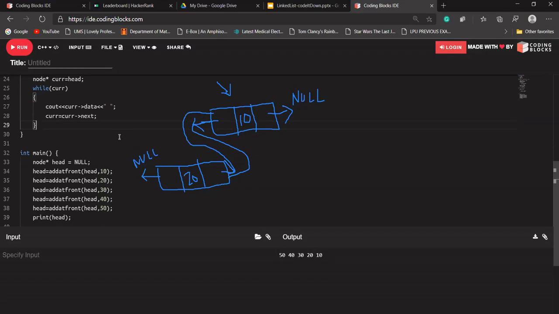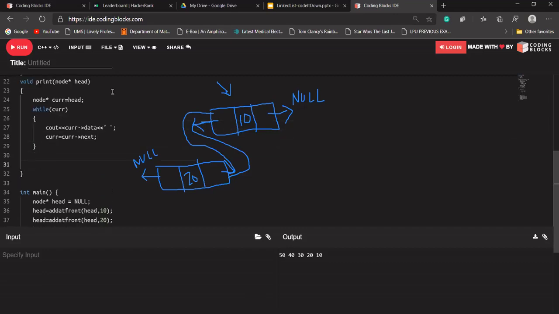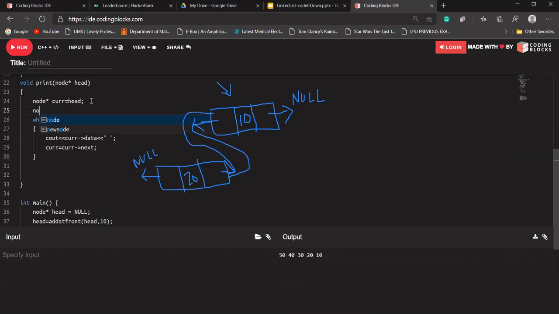Let's try to print it in its reverse format as well. So suppose let's create another pointer, last node.